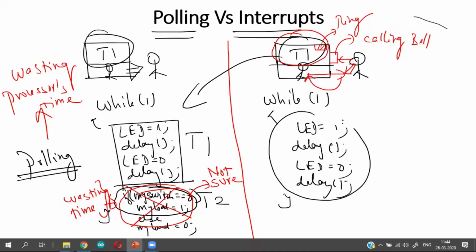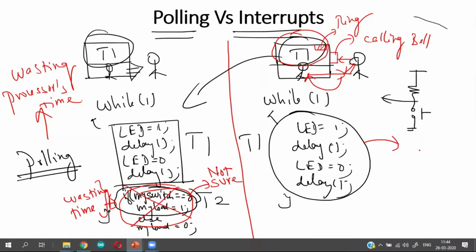So in the main task, I am doing only task 1. I don't do polling. I only execute my background task. Because in this case, I am not going out and checking whether somebody is waiting there or not. I keep doing my class. When somebody is coming outside, when somebody is pressing the switch, then only I go to a different segment of code.